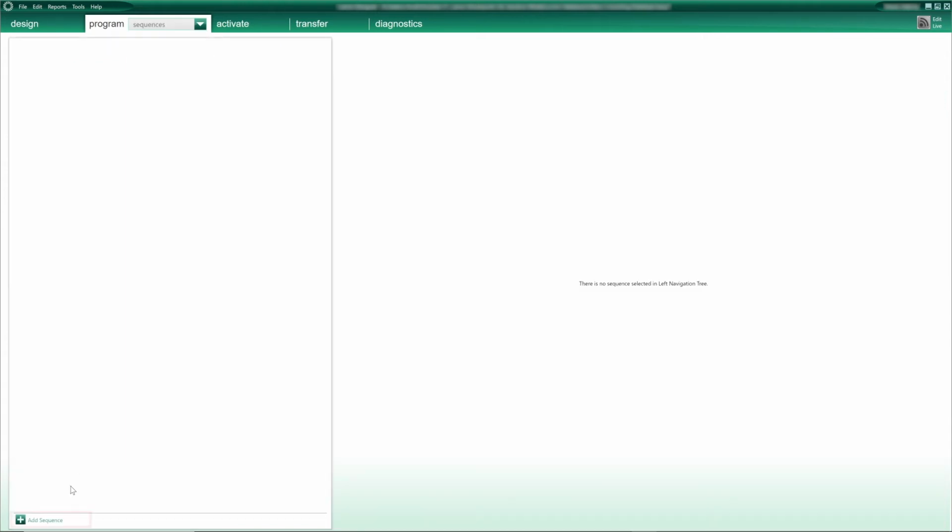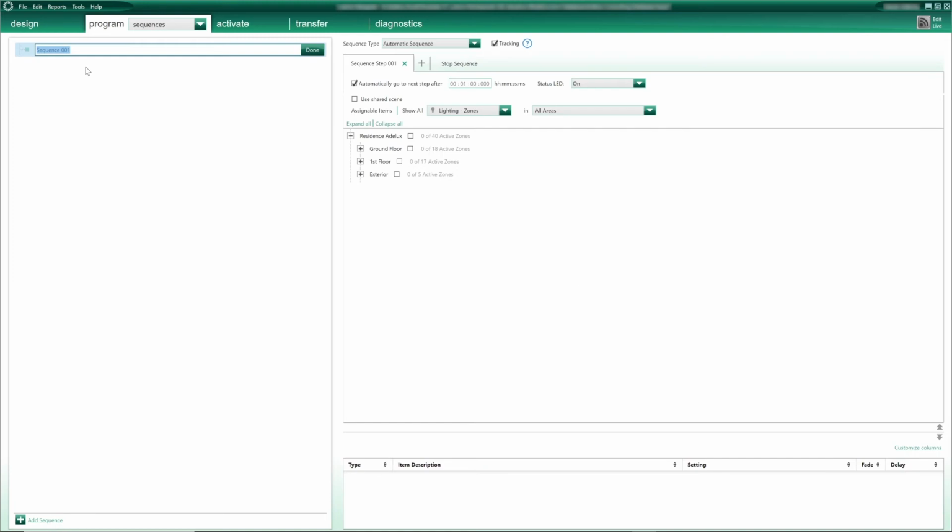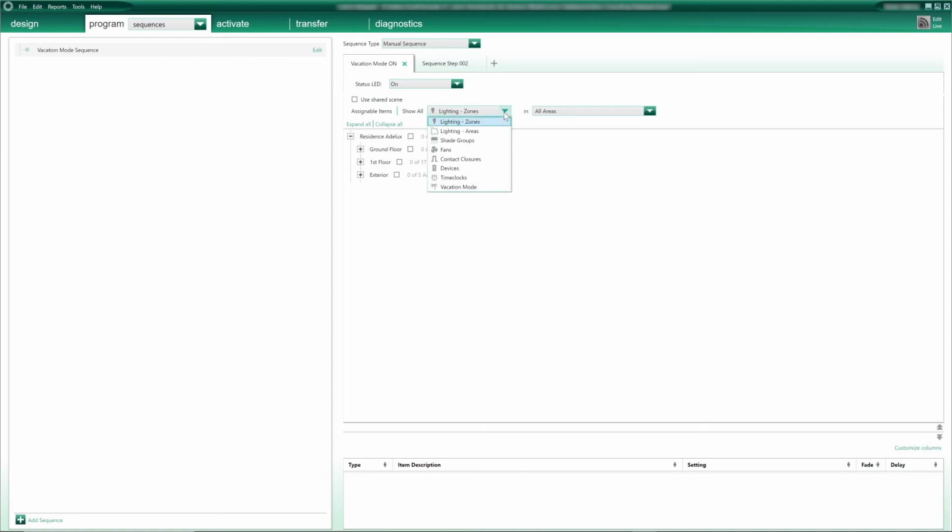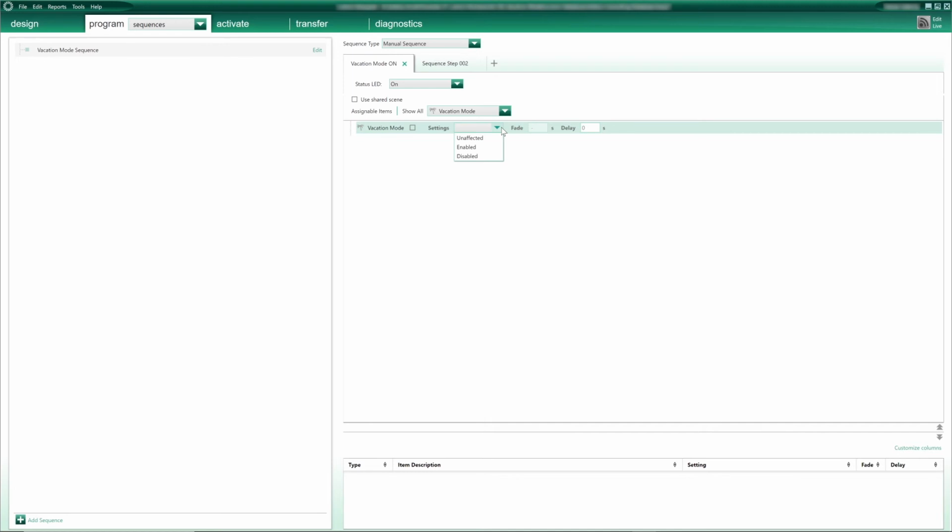And here I will add a new sequence called vacation mode sequence, for example. Set it up as a manual sequence. And I rename the first step of this sequence as vacation mode on. Then go to the list of items, select vacation mode here, then go to settings and select enable.